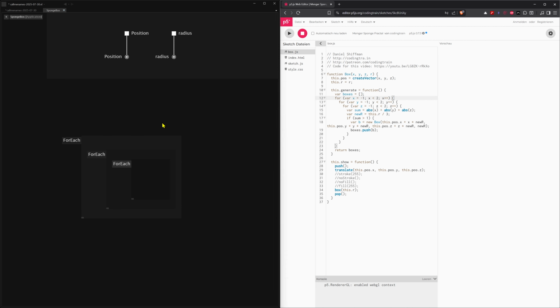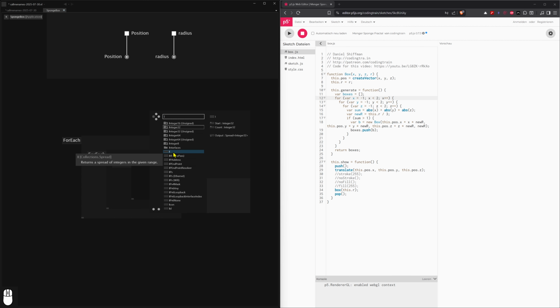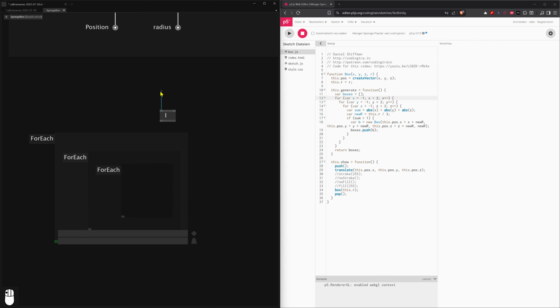So what we can do is we take I, it is under, we have to activate advanced nodes, and then you have to scroll down, and there you find it. And what this does is it creates a spread, and you can define the start value and the amount of elements you want. So that's going to be from -1 to 0 to 1, because we just have 3